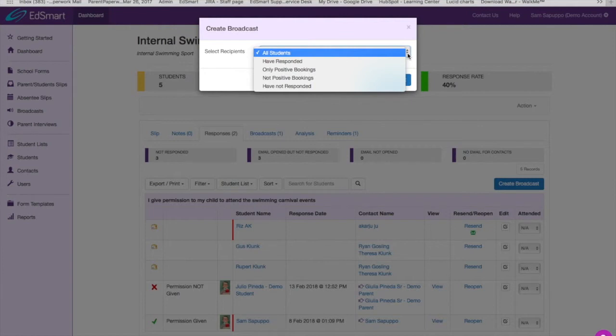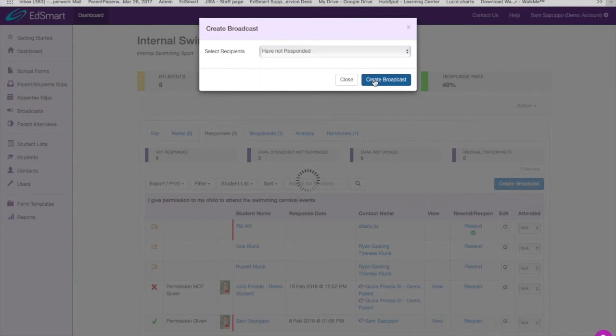You could be reminding them about the due date, or you might be just clarifying that they need to hit the submit button that some families forget to when they're replying to a form. So you've got the ability, and the program will pull the list of names without you having to cut and paste them into the broadcast facility. And it's pretty straightforward. Let's choose, in this case here, all those families that haven't responded, and we create the